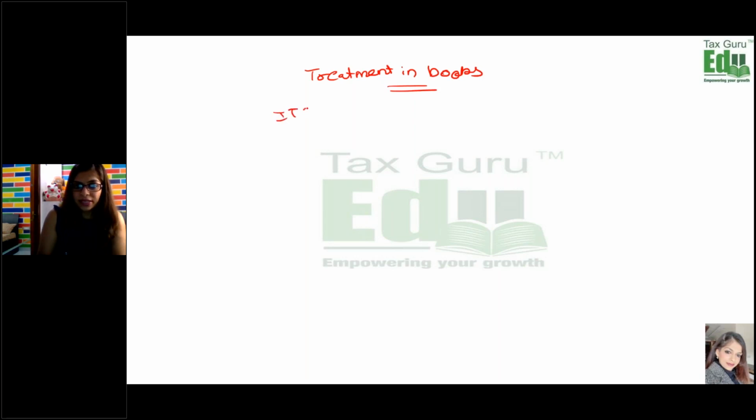So in your ITC ledger, ITC credit ledger, when you are booking the purchases,